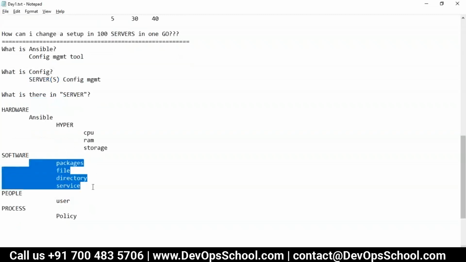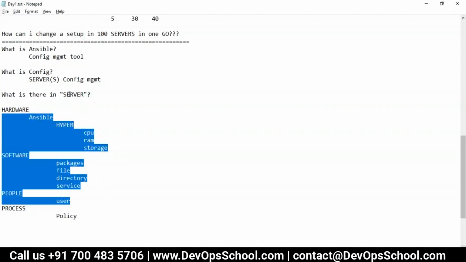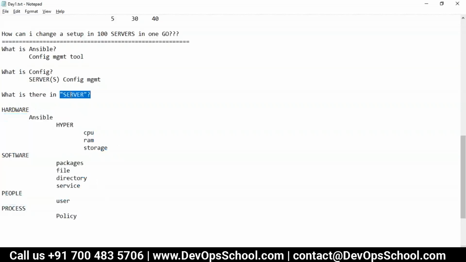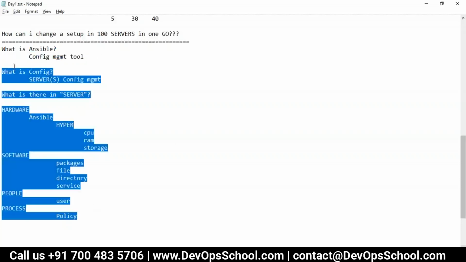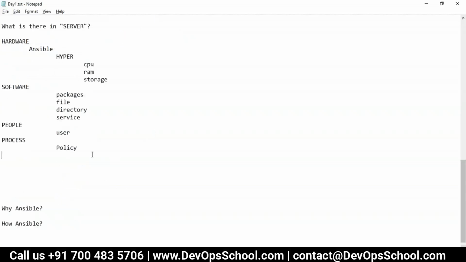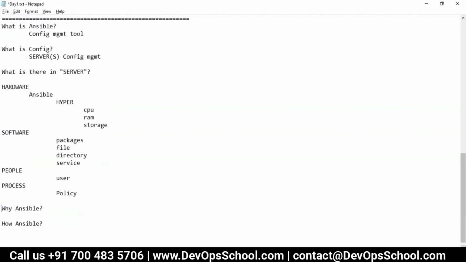Ansible manages the configuration of these through files only, in the server. That's the reason we call Ansible a configuration management tool. Did you understand what Ansible is? So if anyone asks you what is Ansible, you will be able to tell.